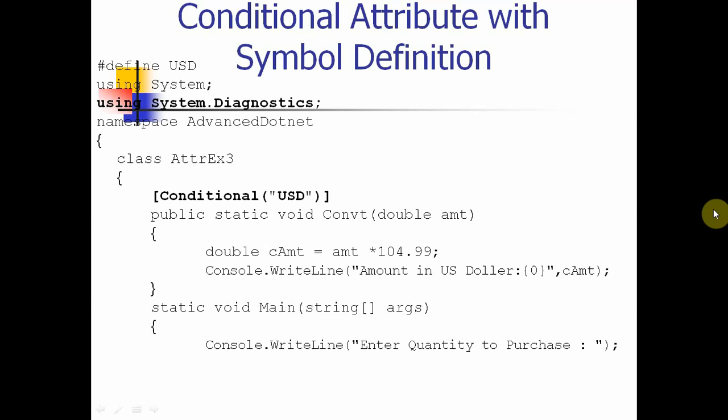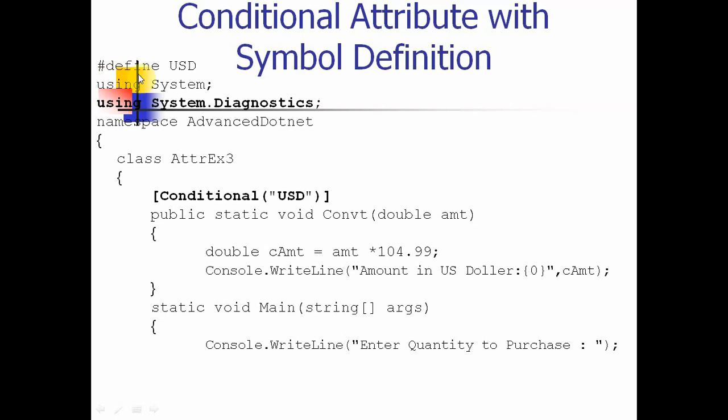So in that case we use this conditional attribute. This conditional attribute helps us in that case. So we have given here कंडीशनल USD. तो ये करेंसी से रिलेटेड है, मतलब कि अगर सॉफ्टवेयर हमने बनाया है तो वो एक करेंसी में तो वर्क करेगा, वहीं दूसरी करेंसी में वो चेंज हो जाएगा, वर्क नहीं करेगा। तो हमको ऐसा बनाना है कि जो सभी पे वर्क करे। So we have given here